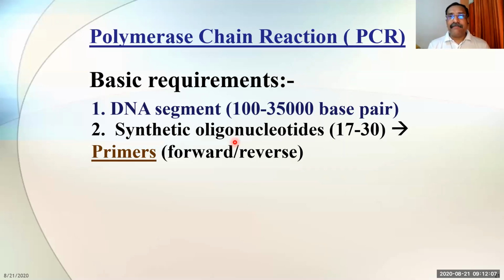In the same manner here, if you want to make copies of the DNA, it is not exactly like the Xerox machine. This is something different. You have to synthesize, you have to prepare there. So what to do? You need a base, and that base is known as the primer. That primer is some 17 to 30 base pair containing synthetic oligonucleotides.